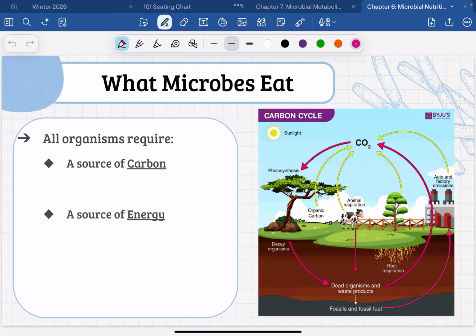And these are two things that they have to acquire from somewhere. One of them is a source of carbon. Now, carbon is an element that is the building block